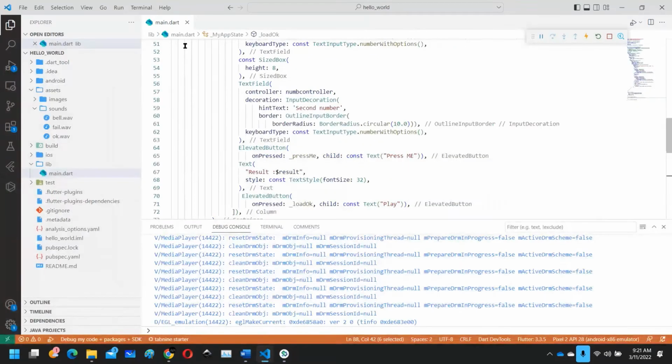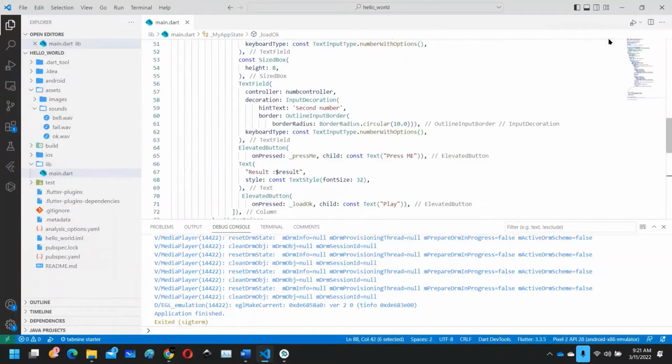But I'm going to create a new project for this just to demonstrate the whole process of the HTTP library. The reason is that the HTTP library is very, very important. Okay, I cannot stress this enough. It's very important to understand how it works and how it is able to